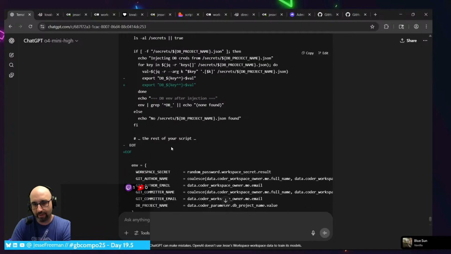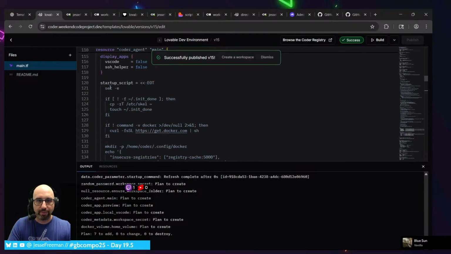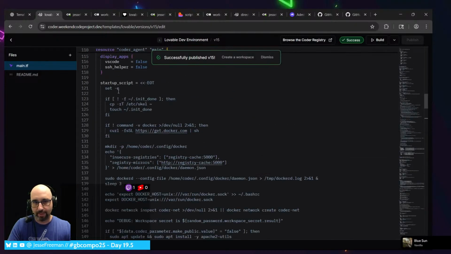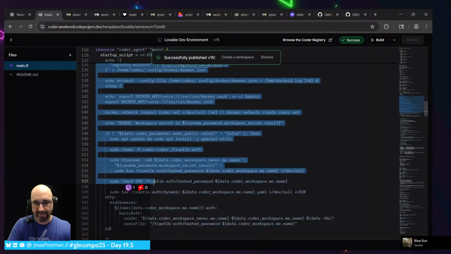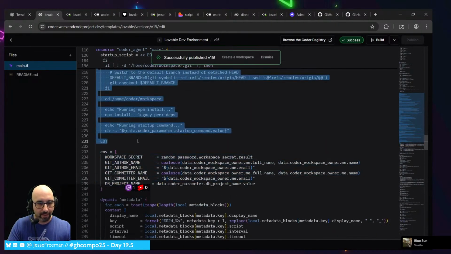What I'm failing to see... Wait, I don't understand. Hold on, this is so messed up. The problem is that this startup script becomes impossible to maintain. The next thing I plan on doing, and maybe I'll do this as some future streaming, is get these Terraform templates out of Coder because they're impossible to work with.